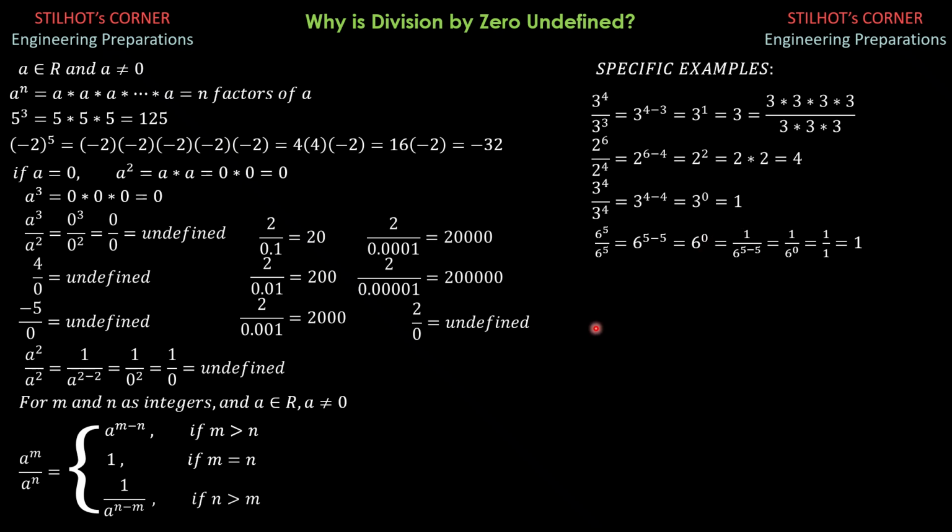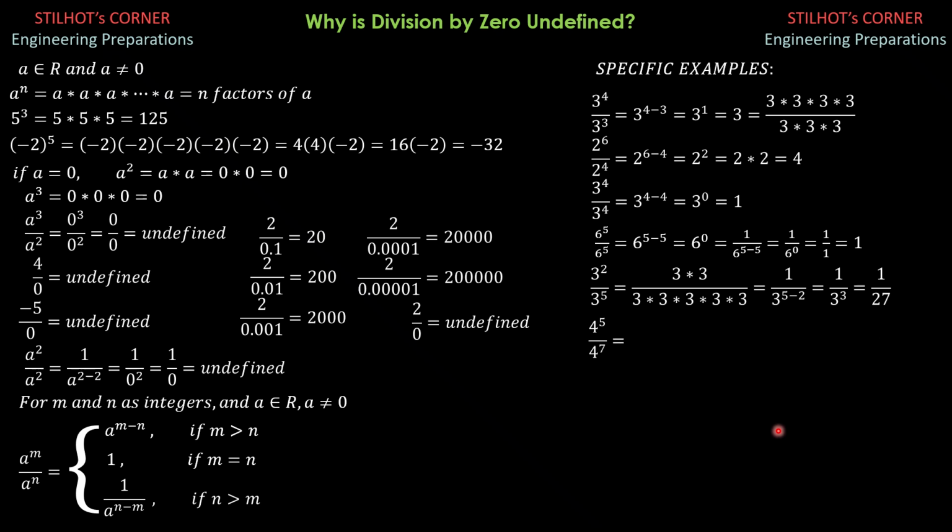It is also 1 over, if you use this result, 6 to the quantity 5 minus 5, or 1 over 6 to the 0. Since 6 to the 0 is 1, that's 1 over 1, and that is why it is 1. 3 to the 2 over 3 to the 5 is 2 factors of 3 in the numerator, 5 factors of 3 in the denominator, canceling out 2 factors of 3. So we have 3 factors of 3 left in the denominator, or that is 1 over 3 to the quantity 5 minus 2, or 1 over 3 cubed, and that's 3 times 3 times 3, which is 27. That's why it is 1 over 27.